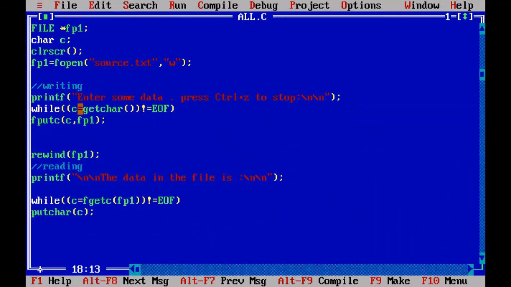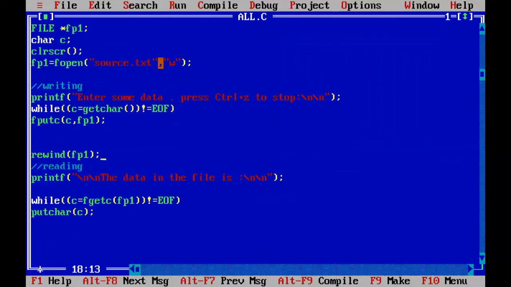So after the writing operation is done, the file marker is at the end. When you use the rewind function on fp1, the file marker at the end will go to the beginning of the file. Now you can read from the first character to the end of the file. But you see, source.txt is opened in only writing mode. Even though the file marker position is set to the beginning of the file, you cannot perform a reading operation, because you are opening source.txt for only writing purpose.